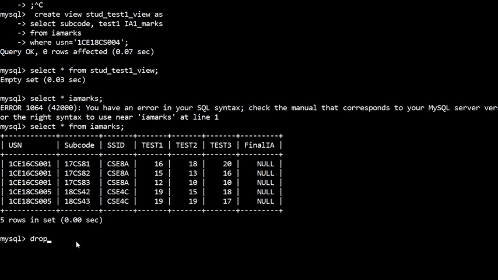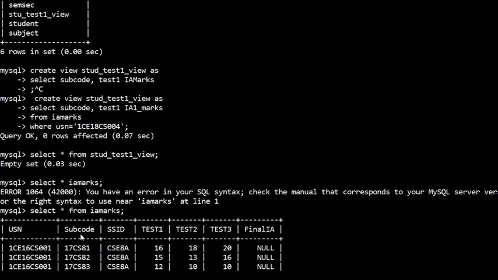So just drop this view, and create the view again.